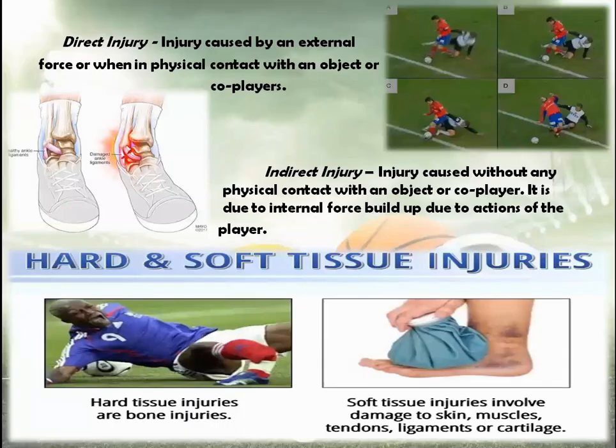Now, we are going to see in detail about each sports injury separately, starting with sports injury according to the cause. Direct injury, injury that occurs due to an external force during the activity. For example, collision with a co-player or a bat can result in fracture or dislocation. Indirect injury, injury caused due to an internal force, that is the force created within the player during the sports activity due to poor technique or overstretching. An example is improper landing after a jump, which can result in ankle sprain.